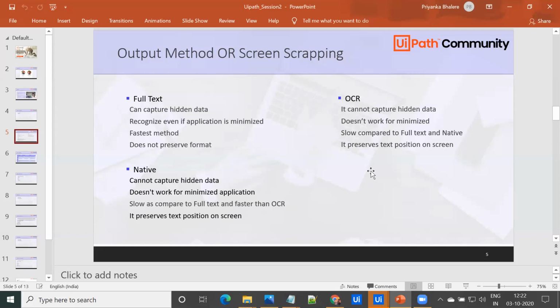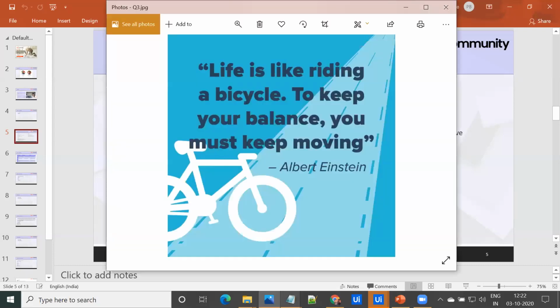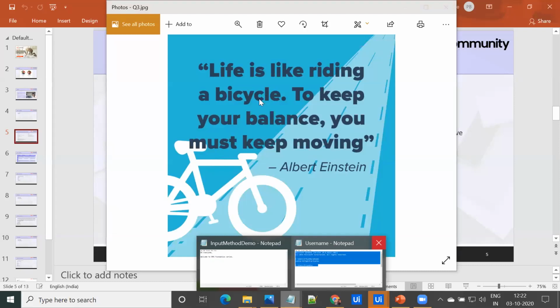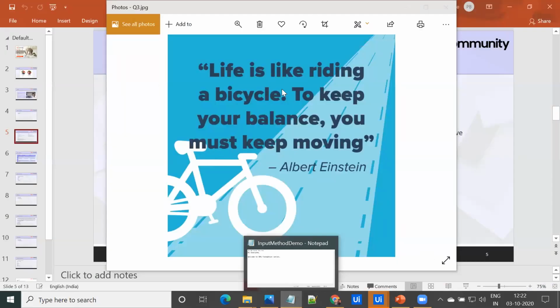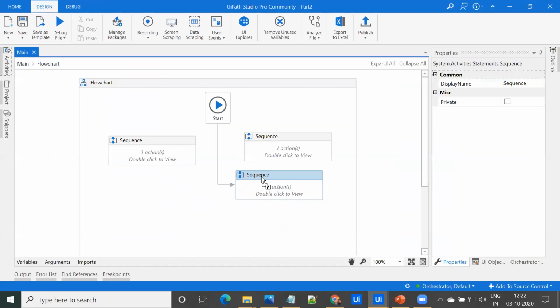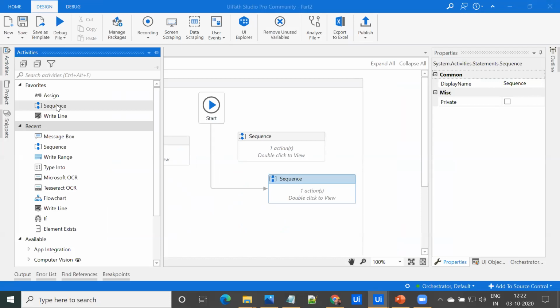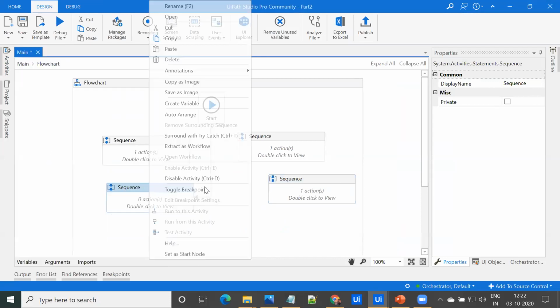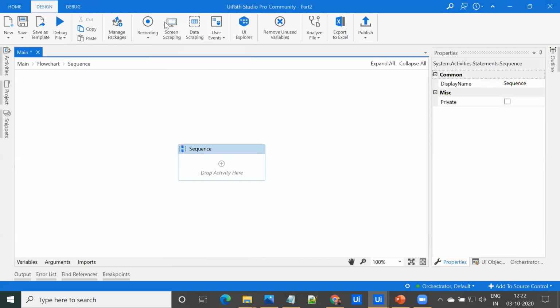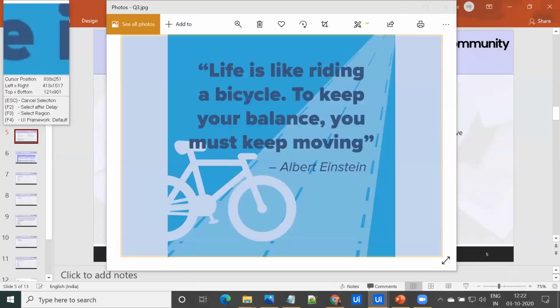To demonstrate the OCR method, I have one image with me, and I'll be extracting the text from this image. Let's go to UiPath Studio, drag one sequence for OCR, set it as the start node, and let's enable the screen scraping. Let's highlight this image.